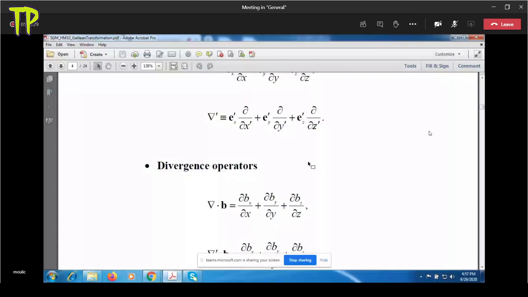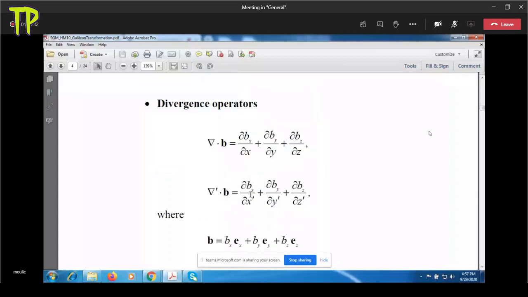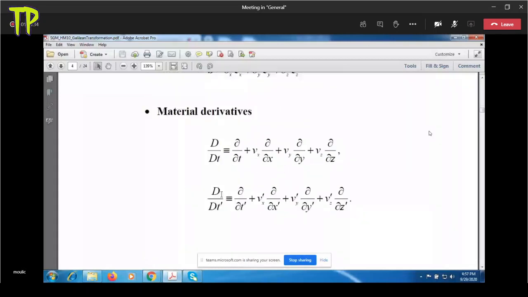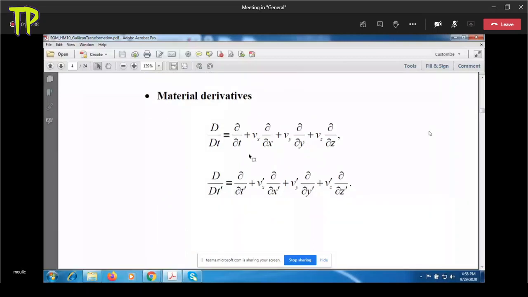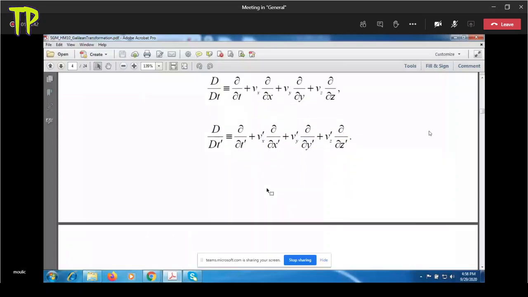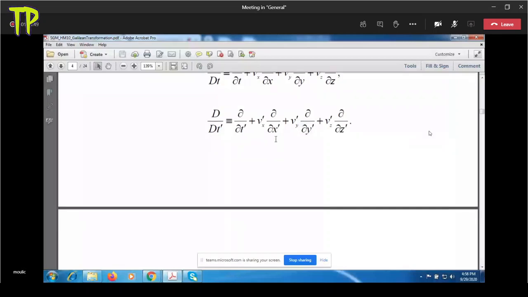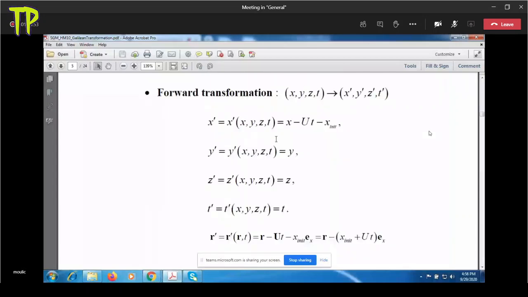And similarly, you can have a divergence operator and a material derivative. Where instead of del/del t, you have del/del t prime, and you have the relative velocities and the gradients, partial derivatives with respect to the moving coordinates. Okay. All right. So now you can show